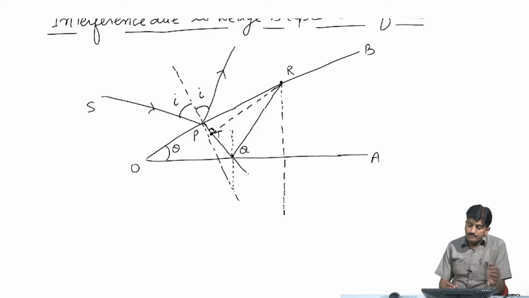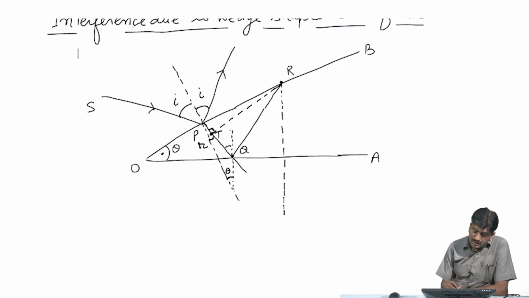and this angle of refraction is R, and if this is R, suppose this angle is theta, this angle becomes theta, and this angle is the external angle of PQRT, we can consider it A. This angle is an external angle of PAQ, and it becomes R plus theta. This angle becomes R plus theta, and if we extend this line,